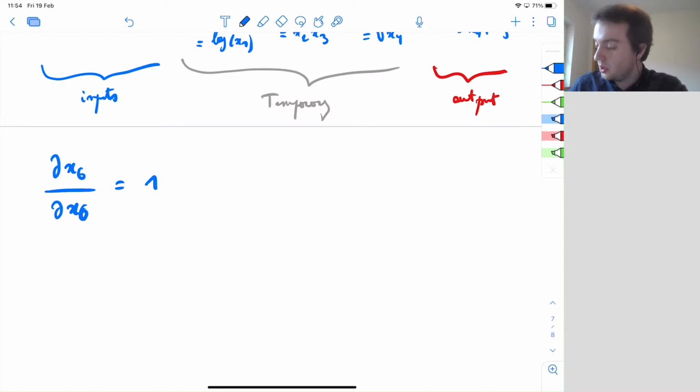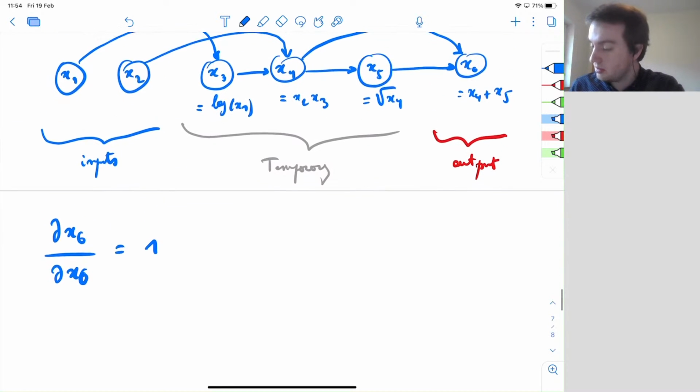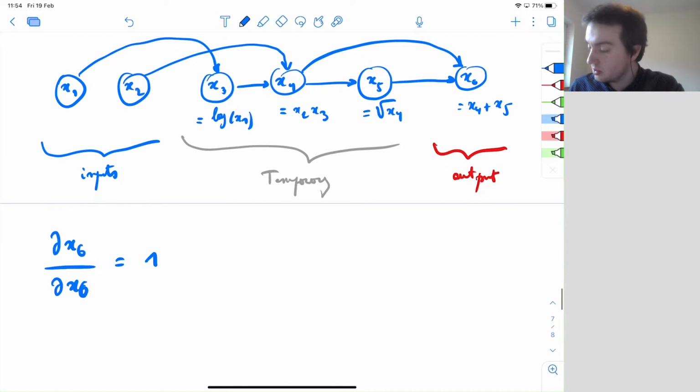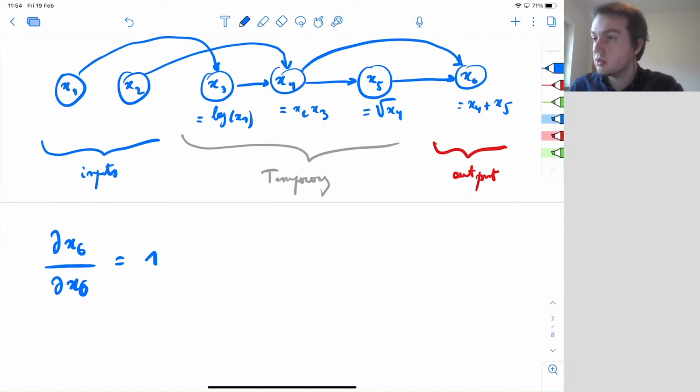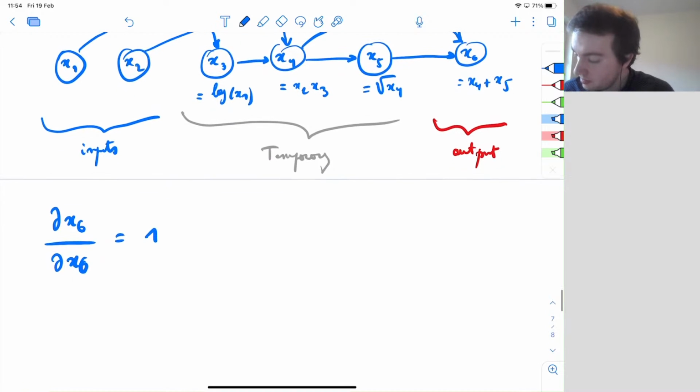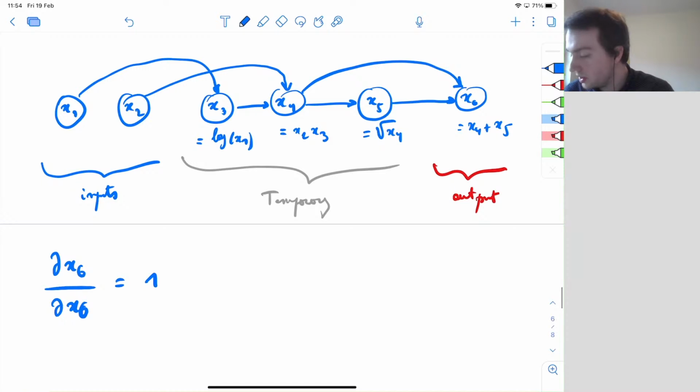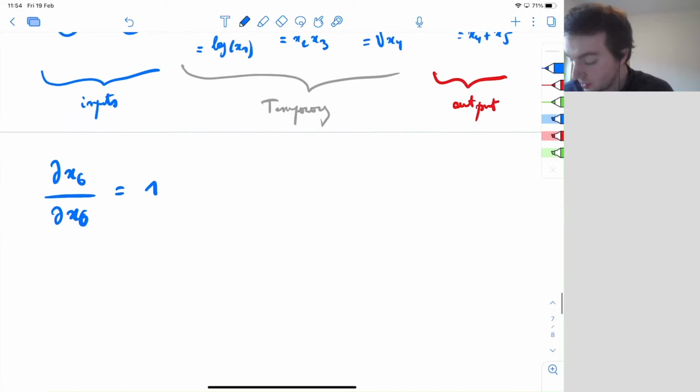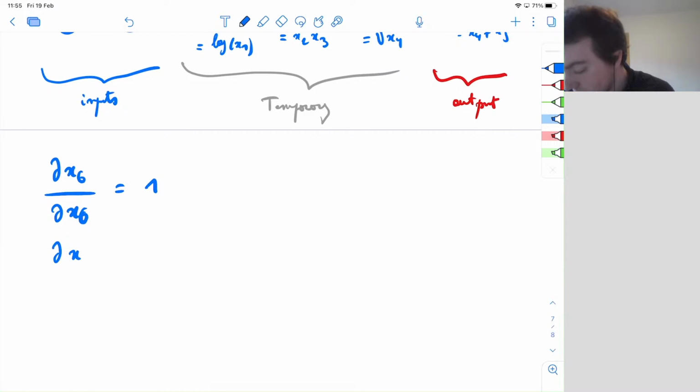And then we traverse the graph in reverse, right? And so the next node to compute, the next Jacobian to compute, would be the one associated to x5, right? It would not be x4, even though it's directly connected to x6, because to compute x4, you would need to have computed x5 before. So the next, x6,